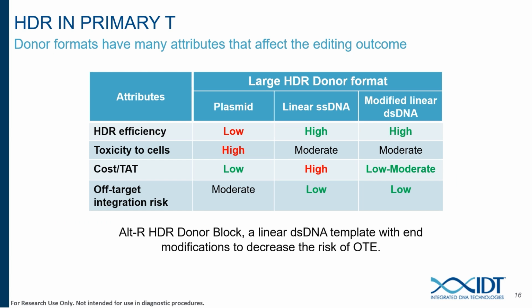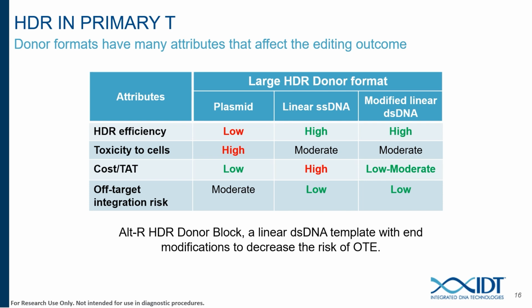And so what I've shown so far has all been short HDR insertions using single-stranded donors like our IDT ultramers. But what about for larger insertions like a GFP expression cassette or like a CAR knock-in? When we started to investigate large knock-in, we started thinking about what we wanted to achieve and what attributes of a donor were most important for us going forward. So in this table, the attributes that we